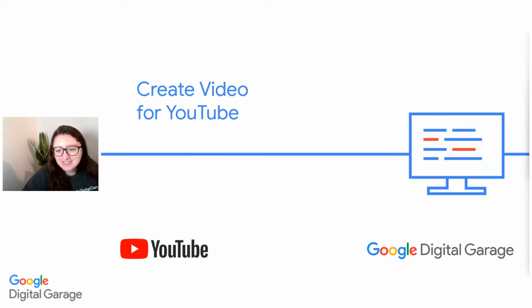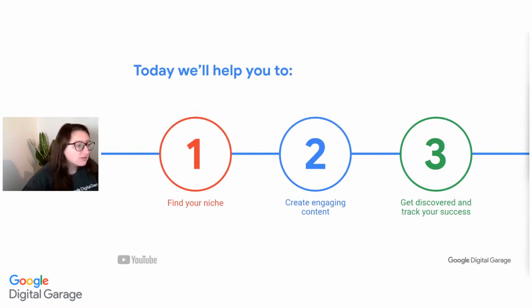So that's the housekeeping done. We're going to break up today's session into 3 clear areas. First of all, we're going to think about finding our niche. Second, I want to start thinking about the content itself. What are the steps that we need to take when it comes to planning and shooting any YouTube content that we want to create for our YouTube channel? And then finally, once we've started getting going with that content, how do we get discovered? And how do we continue to track what success means to our organization with this YouTube channel? So that's how we're going to break up today's session in that 3 clear sections.